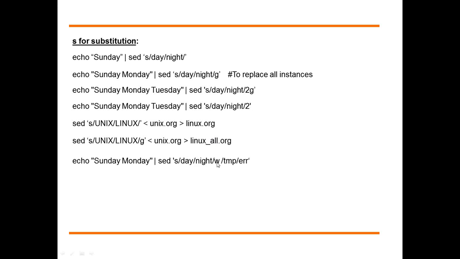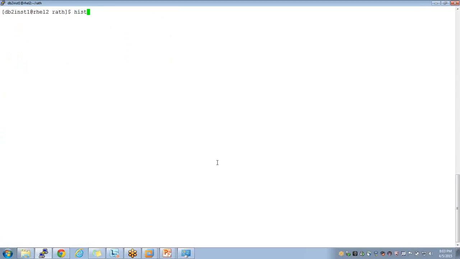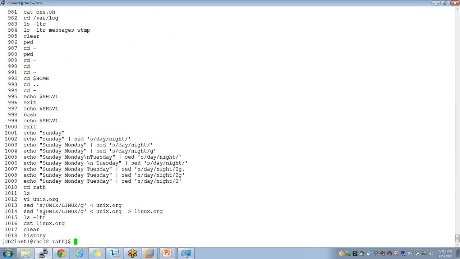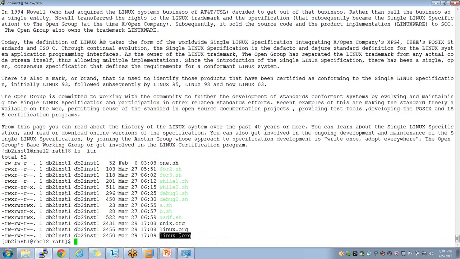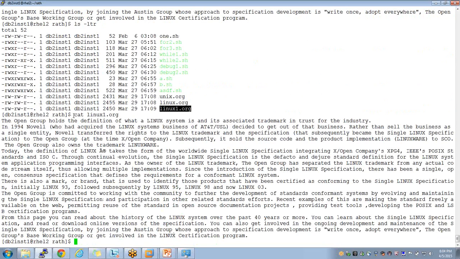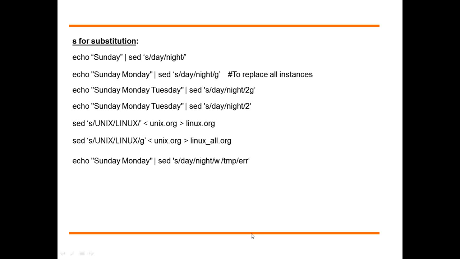You can directly write it here. sed has this facility: when you say write it to linux.org, taking input from unix.org, it will display on the screen, and at the same time it will write into this file. So sed itself has that facility to write to a file.